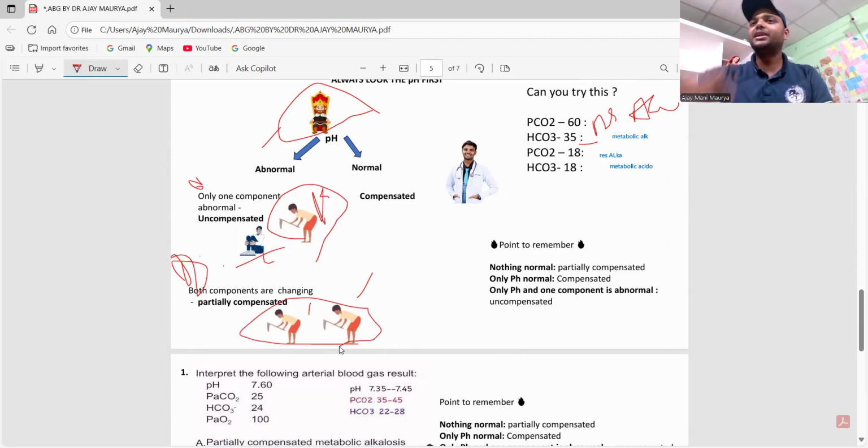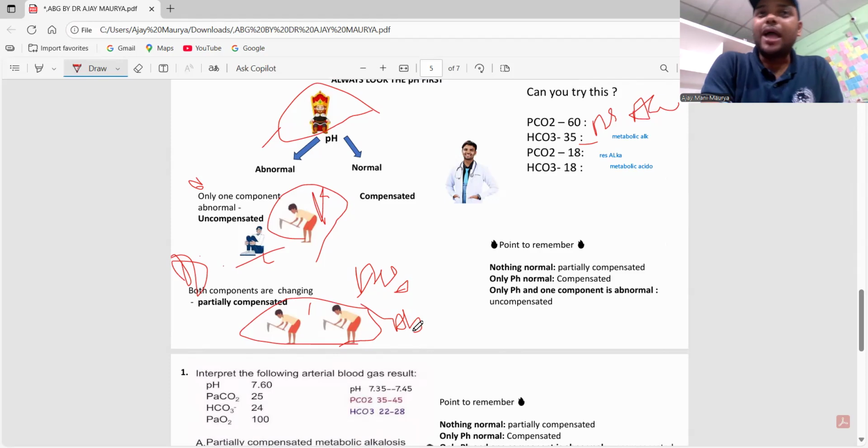They are compensating by increasing or decreasing the CO2 or the bicarbonate. It means both are working hard to maintain the pH of the blood. Here the pH is also abnormal, and these two values are also abnormal. It means nothing is normal. It is partially compensated. These two are working hard to maintain the pH, but still the pH is